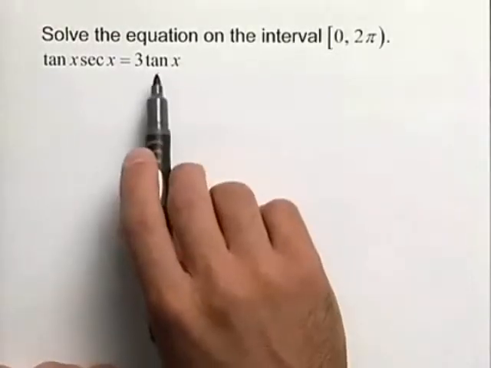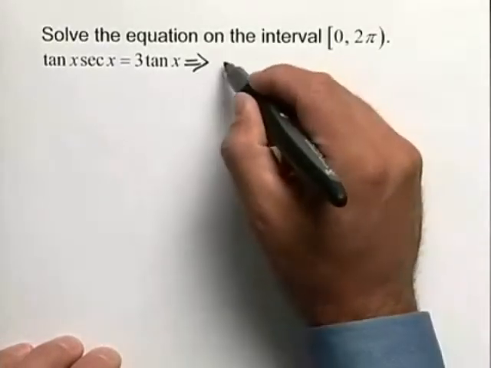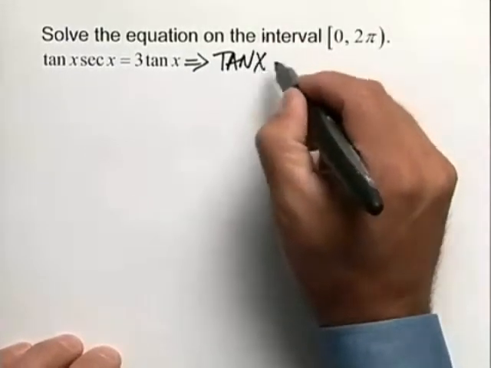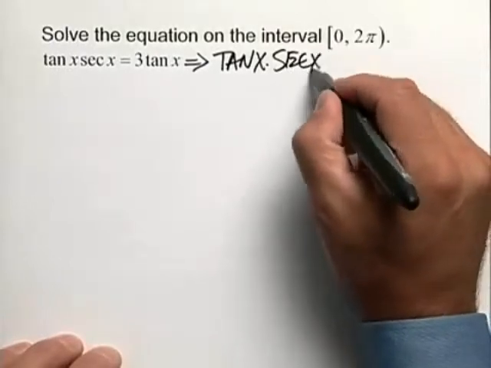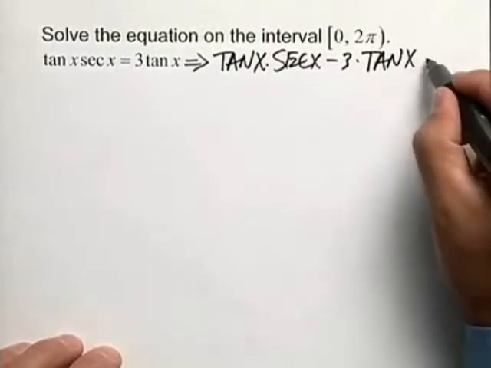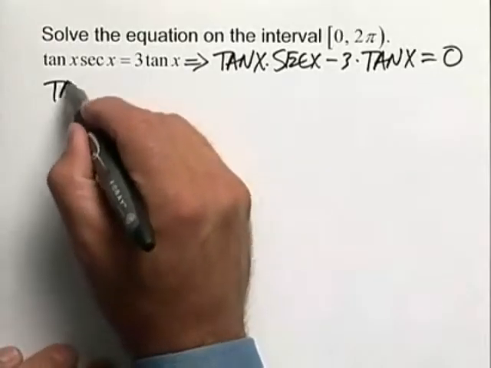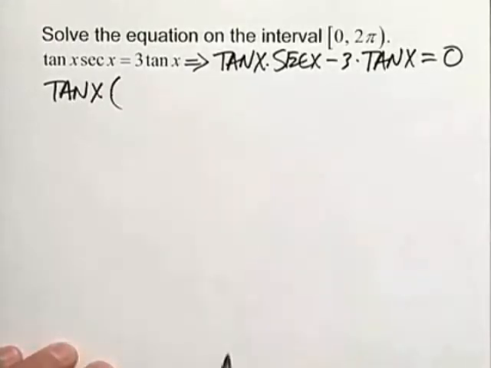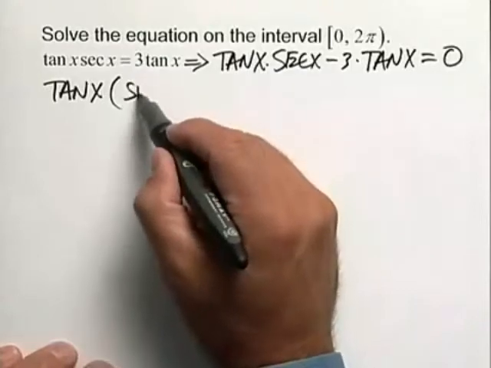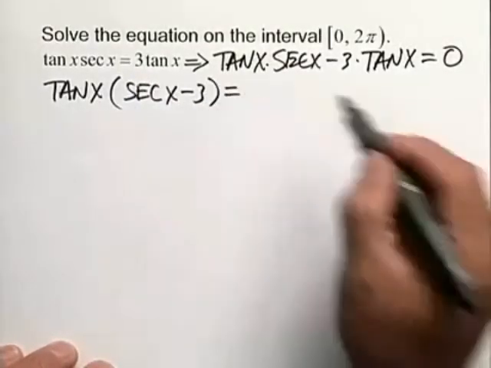All right, first thing, let's move the 3 tangent x to the left-hand side. So our transformed equation looks like the tangent of x times the secant of x minus 3 times the tangent of x, that's going to be equal to 0. Now, we want a multiplication problem on the left, so we'll factor a tangent of x out in front, multiply by what remains, which in this case is the secant of x minus 3, and that's going to be equal